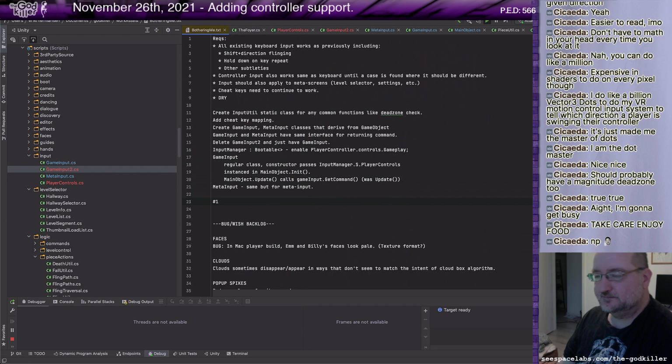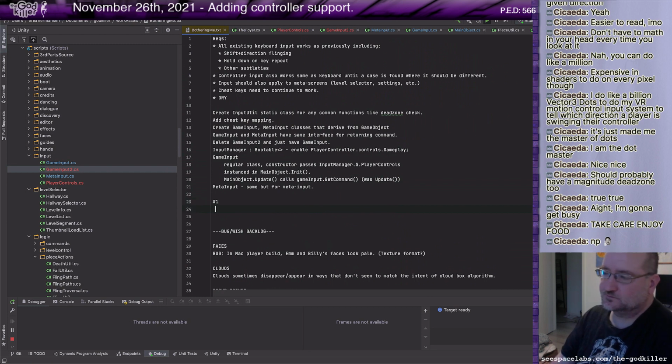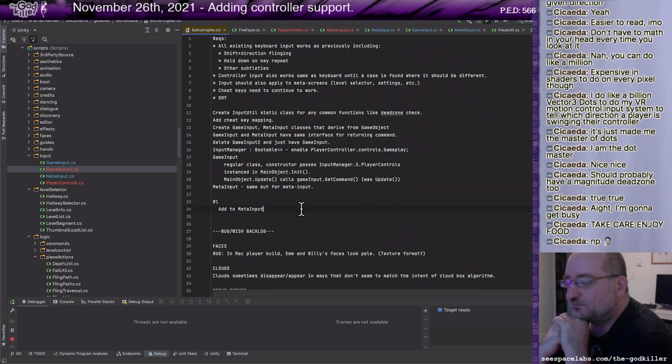Number 1. Add to meta input. How does meta input work now? It's just got some methods, and they return booleans. It's like is escape key, is exiting.